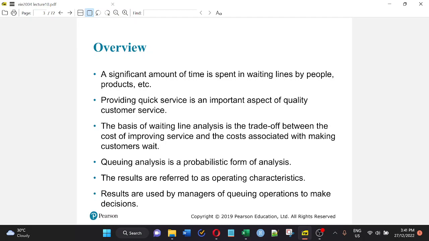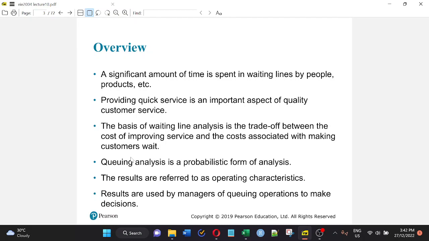All right. So the queuing analysis, which we will learn in this topic, is a probabilistic form of analysis. In the previous classes, we covered deterministic analysis, which is linear programming, where you know for certain the price and the cost of a certain thing and the demand of a certain thing. But when we talk about queuing analysis, this is related to probability. And the results of the queuing analysis are what we call operating characteristics, and this is what we want to compare. Like for example,